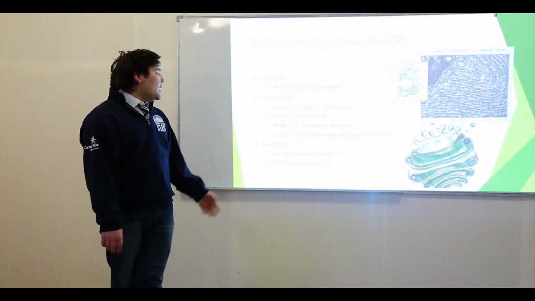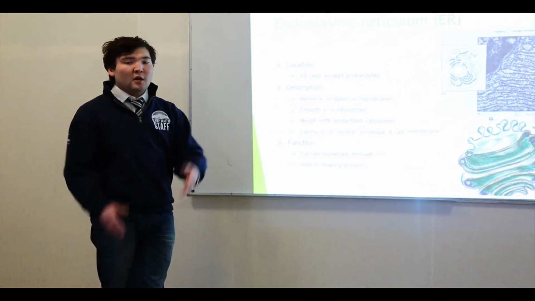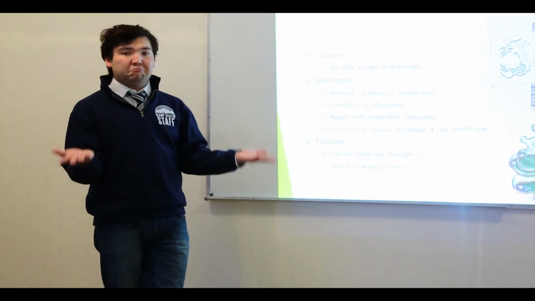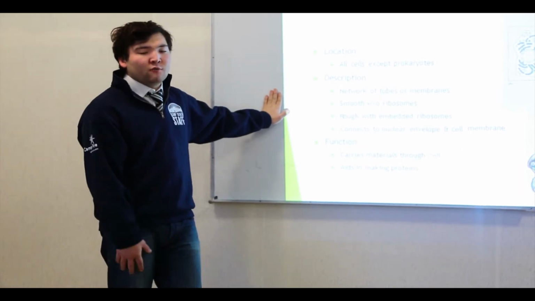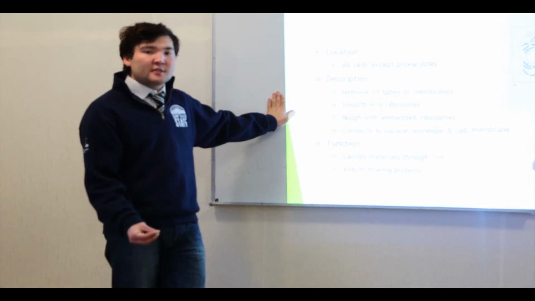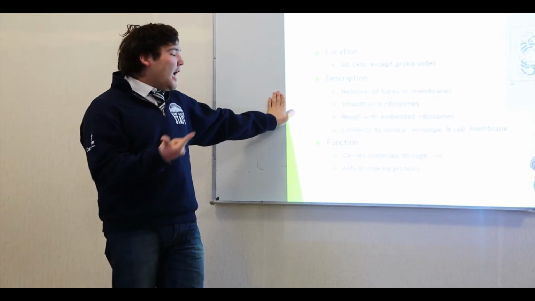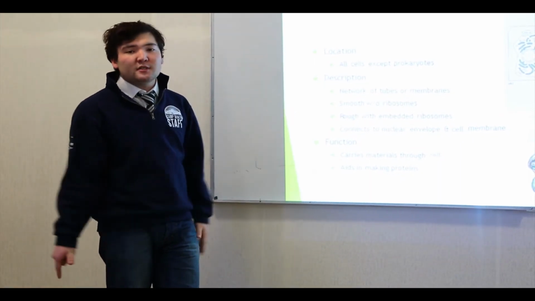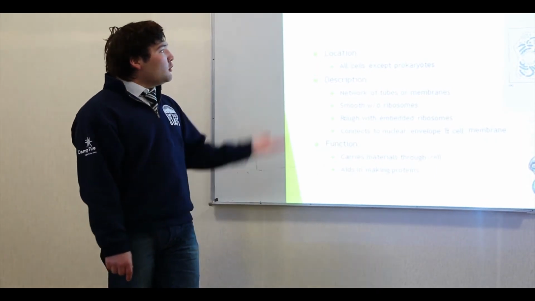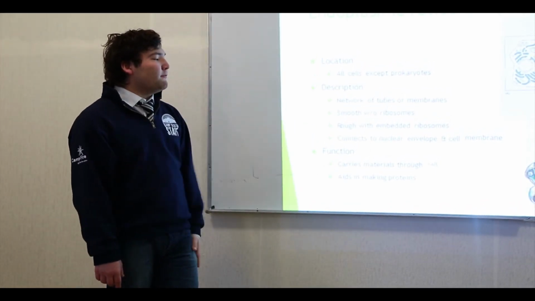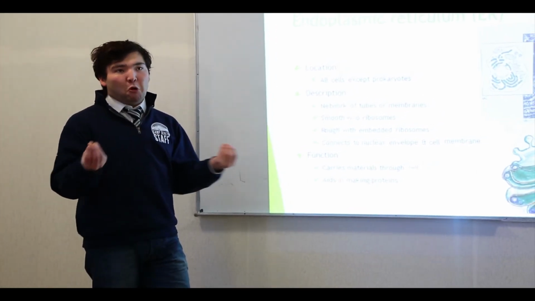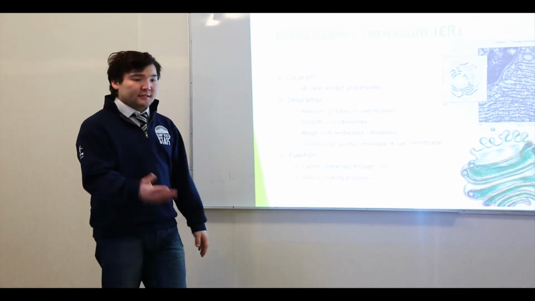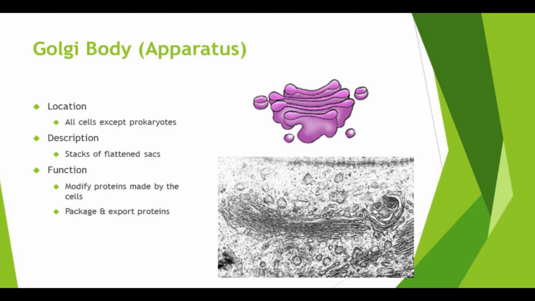Because of this, the function of the endoplasmic reticulum diverges into these two forms. The main function of the smooth endoplasmic reticulum is that it helps to synthesize carbohydrates and lipids, and the rough endoplasmic reticulum helps to synthesize proteins. Also, the endoplasmic reticulum connects to the nuclear envelope and cell membrane, which helps it be some kind of post office of the cell.